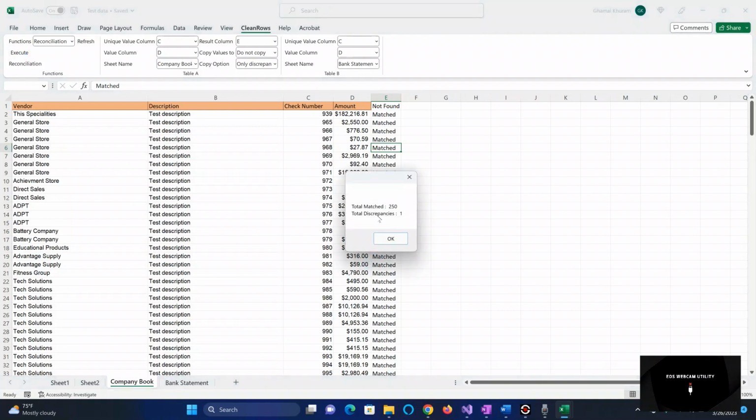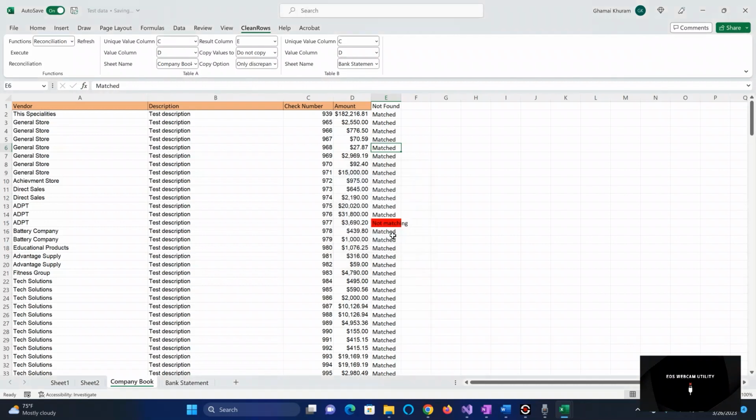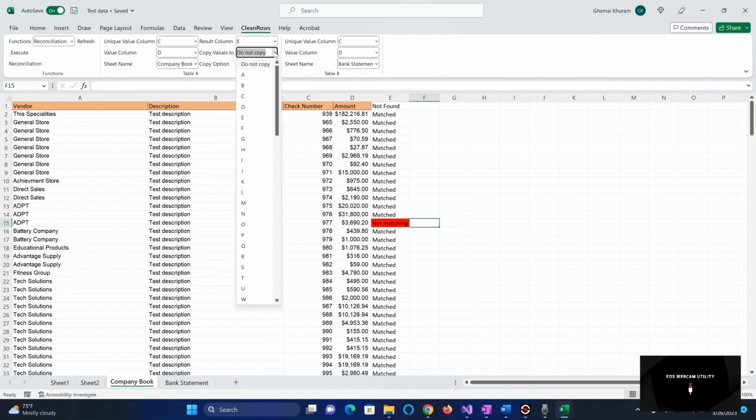Now you're getting the message that the total match is 250 and total discrepancies is 1. So this is the one that was not matching. Okay, now what if we don't like going back and forth between these two sheets to see the difference? I want to see the value that is from the other data set which is not matching. To do that, I will come here and say copy values to, where I want to copy that value. I will choose F for now, and by default it's only